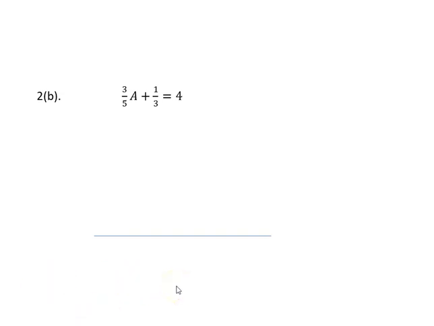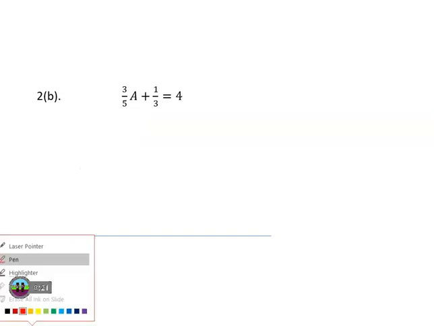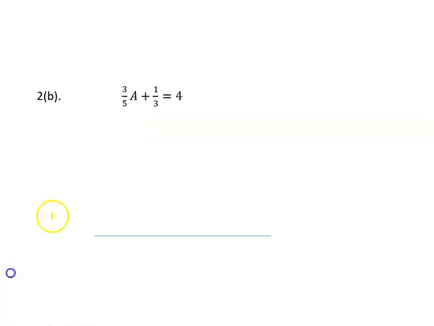When we look at this equation, we see that we have fractions, and usually when we have more than one fraction, it's better to get rid of both of them. It will make it a little easier to do. So in order to get rid of both fractions, I will need to get rid of these two denominators, 5